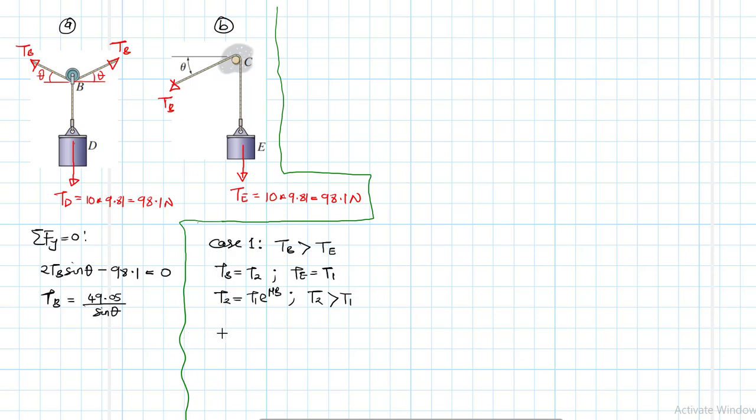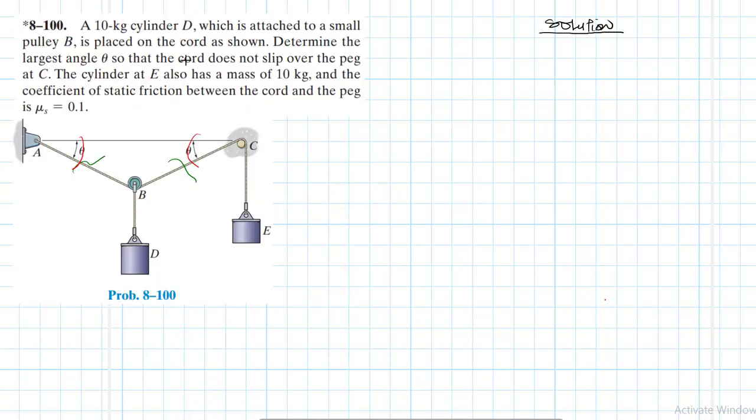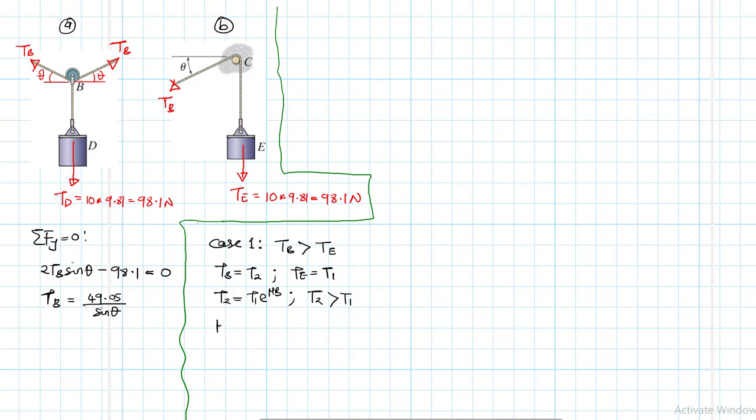Okay, so what else do we have? Let's check on the mu. The mu has been given as 0.1. Therefore, mu s is given, which is equal to 0.1. Okay, what about beta? Beta we do not know. The beta here, if you look at this,